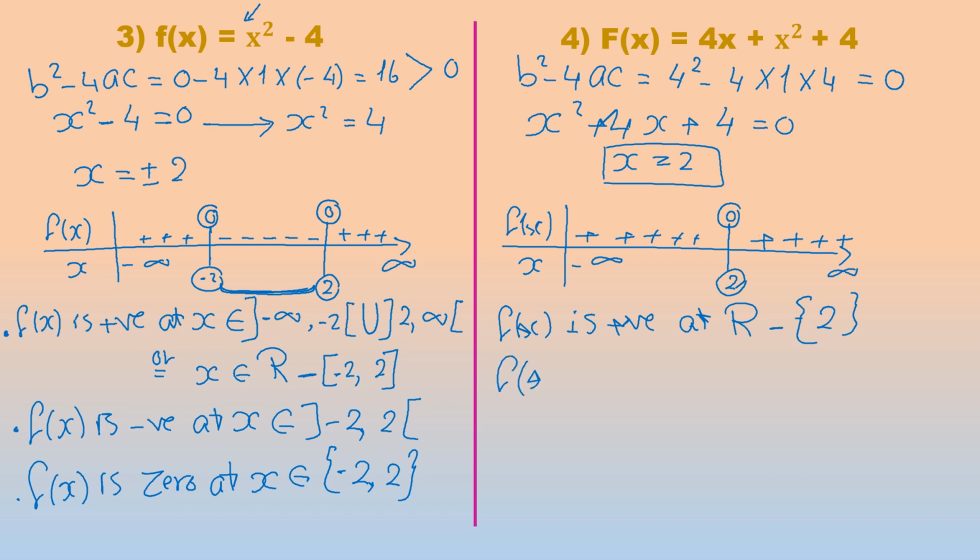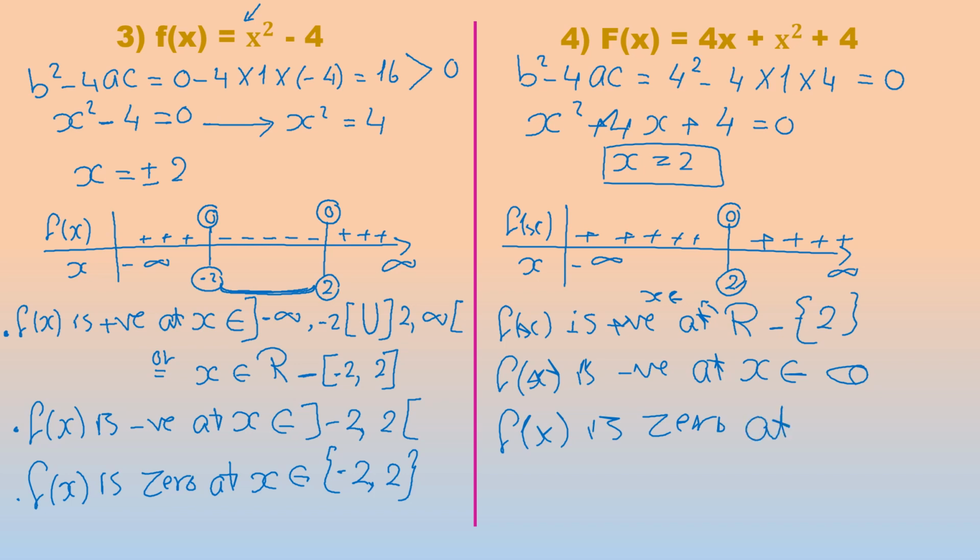f of x is negative at what? x belongs to what? Belongs to phi. And f of x is 0 at x belongs to